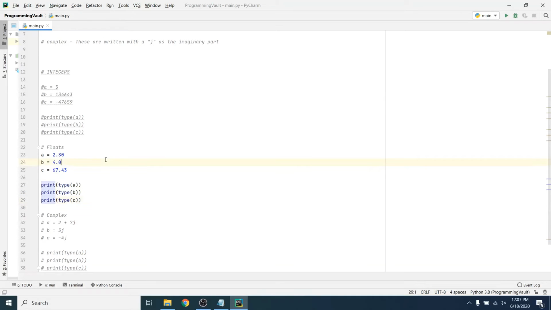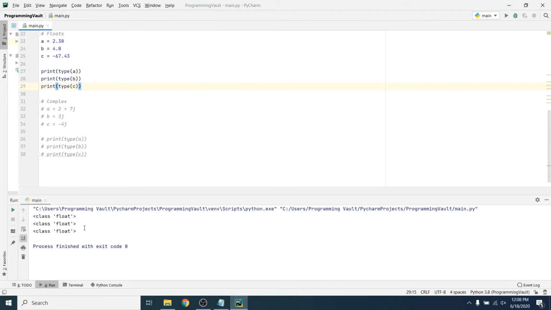So you see on the floating point numbers that it can be something like A equals 2.30, or B equals 4.0, or it could also be C equals negative 67.43. Right, so let's just give that a shot here. And you see we also still have our three print statements, so we can print out the type. So let's run this with the float part uncommented. And it turns out that sure enough they all are members of the floating point class, which is abbreviated as float. So now before we move on, we'll go ahead and comment out